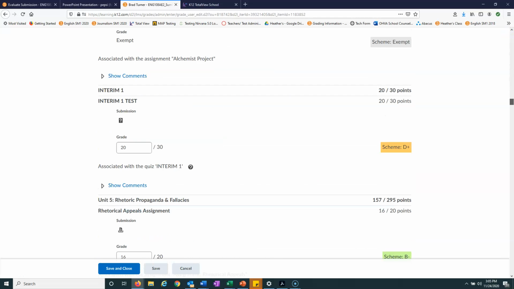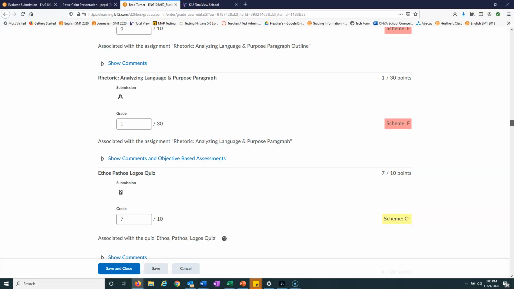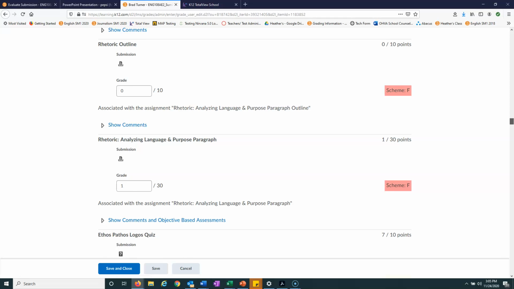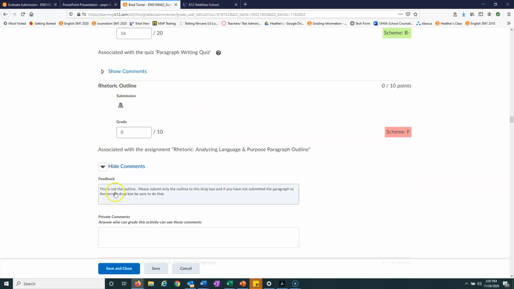I just thought it'd be easier to show you what I'm seeing on my end, so that way you would know exactly why they got the comments and the grade that they received. Okay, so for the outline, my comment said, this is not an outline, please submit only the outline to the Dropbox. So if we look at his submission, if we open that up,